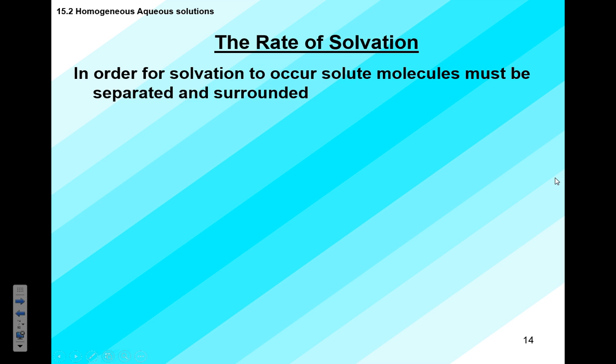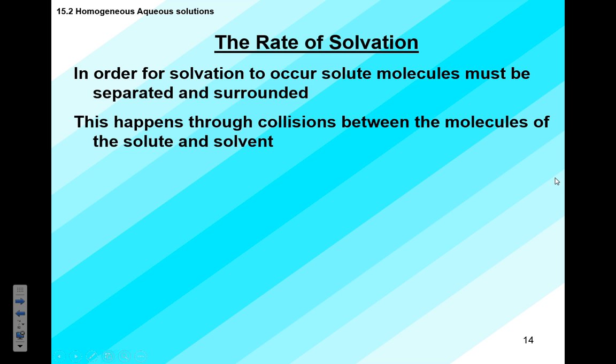So like our car has a rate of travel, how fast it changes its location, then we can also look at how fast a substance dissolves. Now, in order for solvation to occur, solute molecules must be separated and surrounded. And remember, that takes time, and all those attractions aren't always equal to each other. So this can happen at different speeds, but fundamentally, it's going to start with an interaction between the two particles themselves. So this is going to happen through collisions between the molecules of the solute and the molecules of the